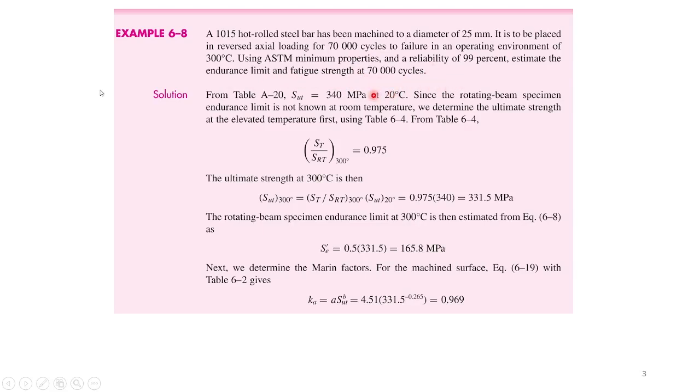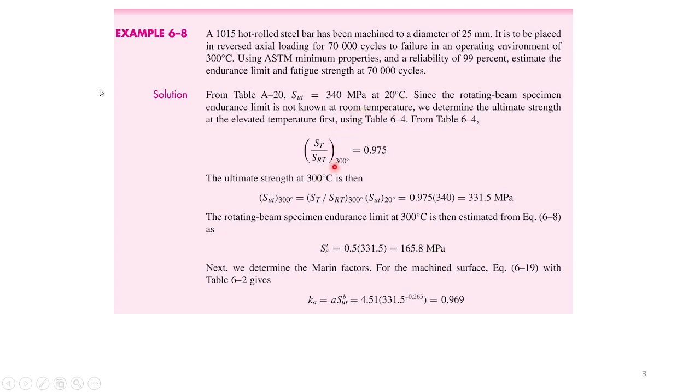So, to start, we would have to start with the effective temperature. Okay? Remember, we take the effect of temperature in two ways. Route number 1 will be followed if the information available to you is the ultimate tensile strength at room temperature. So if I'm giving you the ultimate tensile strength of this material at room temperature as 340 megapascal, you would have to go with route 1. You will go to the table for the temperature effect